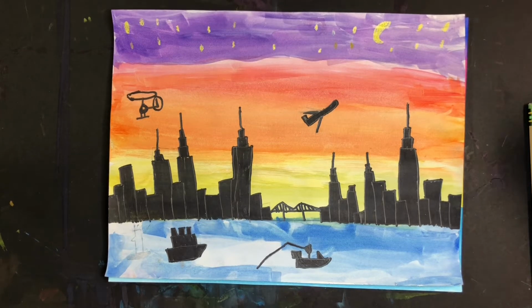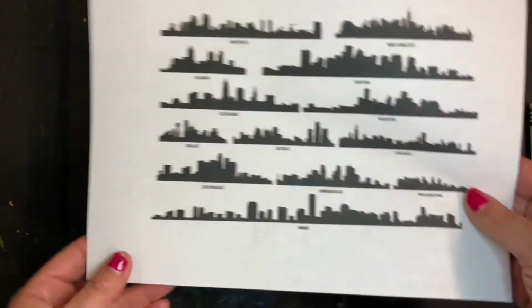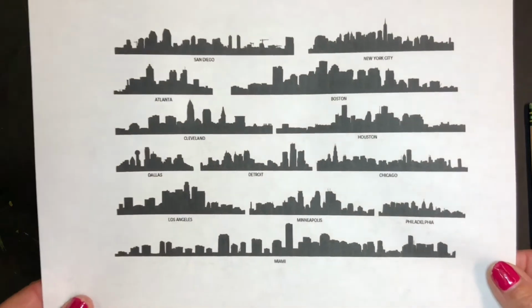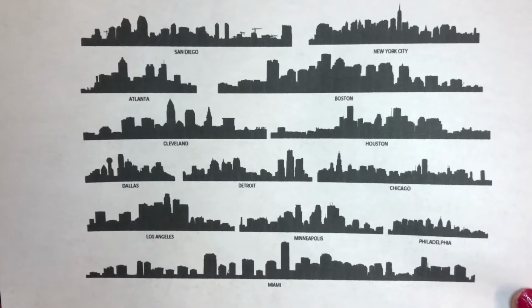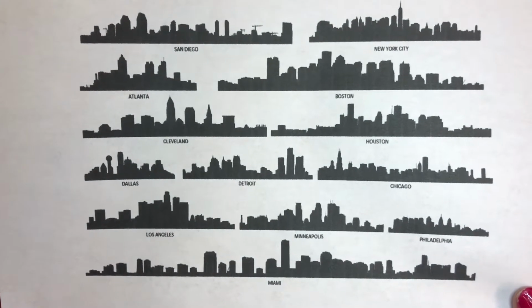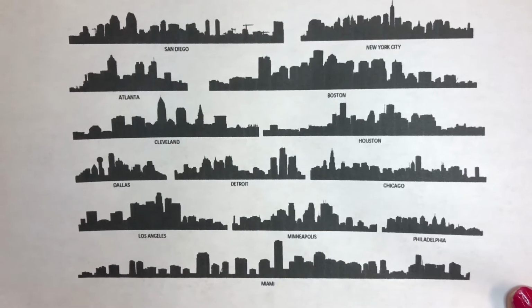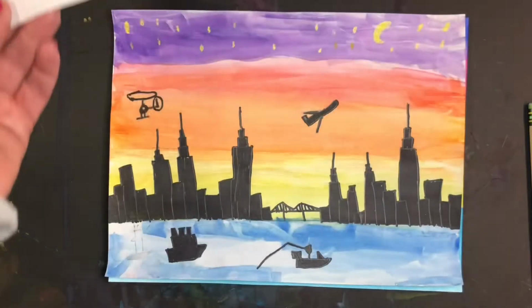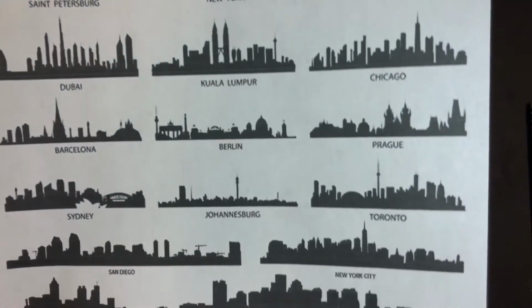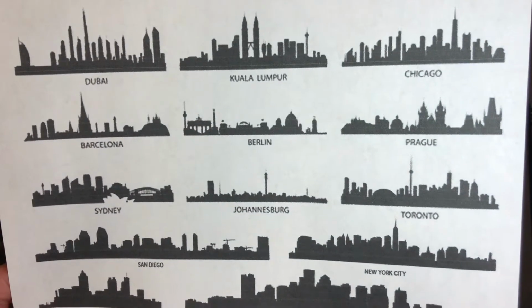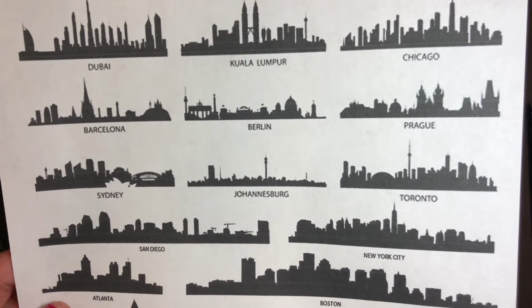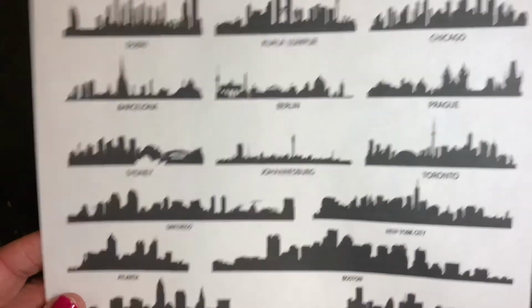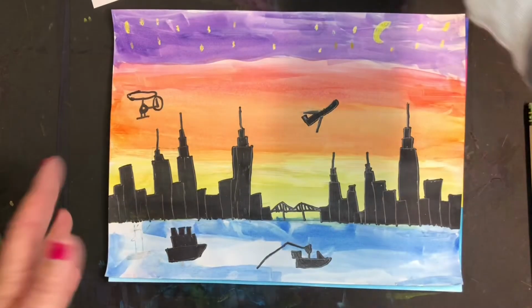Right, boys and girls, in order to draw your cityscape background, your silhouette cityscape, you have two handouts. They're both on Seesaw. This one is different cityscapes across America. We have New York City, Boston, Houston, Detroit, LA, Miami. And you also have international cityscapes: Dubai, Barcelona, Berlin, even Prague. So if there's any of these cityscapes that you want to use, you can refer to those to